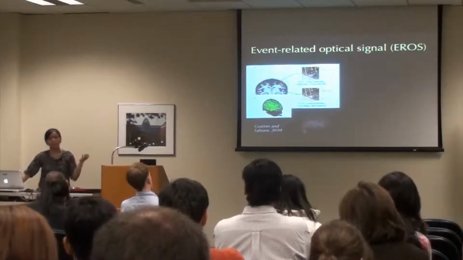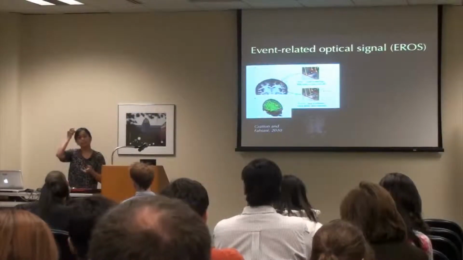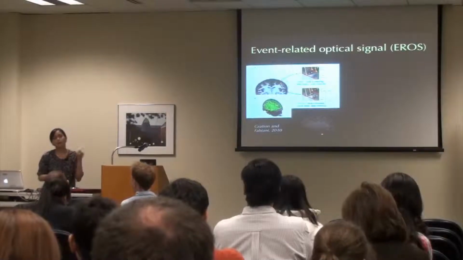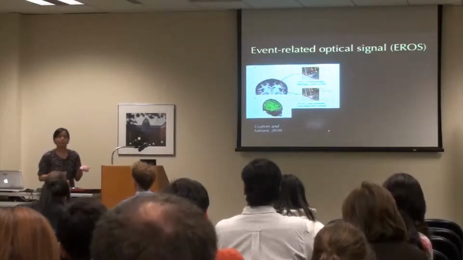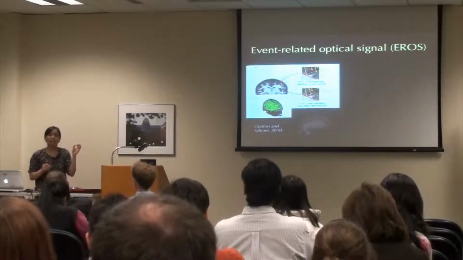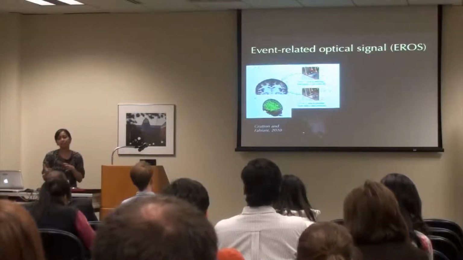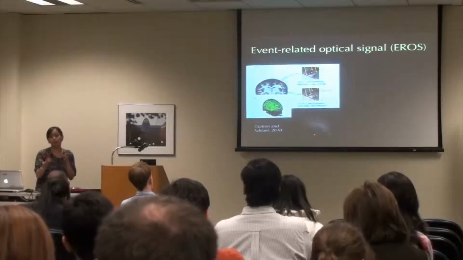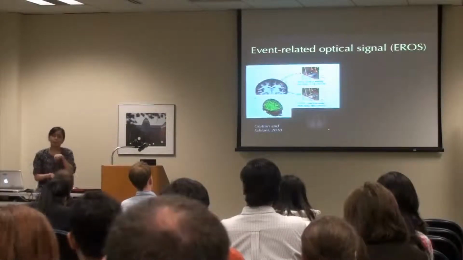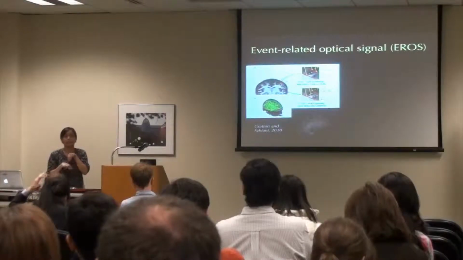So optical imaging, briefly, is where we use near-infrared light. So we shine near-infrared light onto the scalp, and a detector nearby reads or measures the light that comes back out. So you have several sources that shine light and detectors that detect light positioned at different parts of cortex, and they're positioned in such a way that we can identify, when we're at the detector, which source the activity we're getting must be coming from.